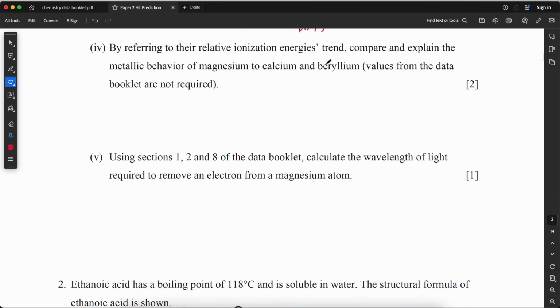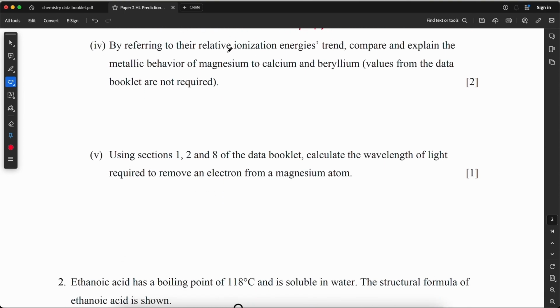By referring to their relative ionization energy strength, compare and explain the metallic behavior of magnesium to calcium and beryllium. Values from the data booklet are not required. Okay, so if it's in a periodic table, that would be Be, Mg, and Ca. So calcium will have the biggest atomic radius,